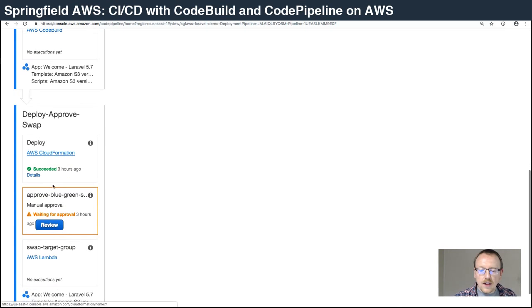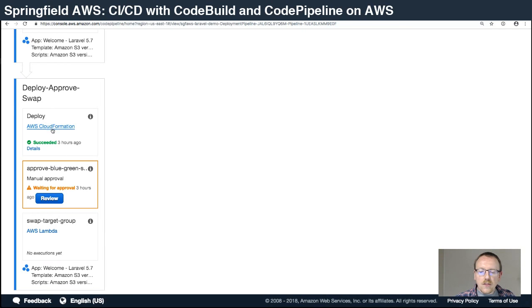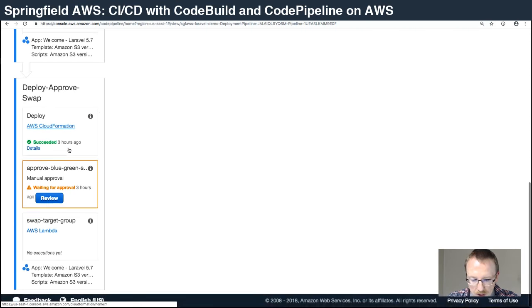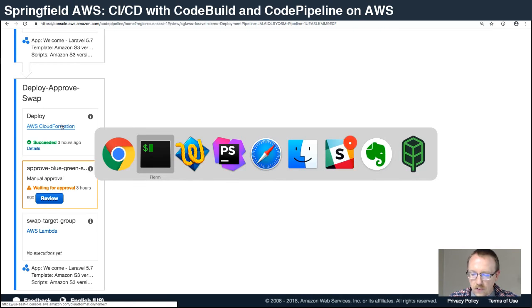Now, with the way this demo works, this deploy is a lot more complex. Instead of simply telling existing infrastructure to use the new code, it's building out new infrastructure. That's how you are able to end up with completely separate infrastructure that's staged and ready to go, and then we can push a button and that infrastructure becomes live. And if we dig into that, and let's keep moving, but if we dig into that, you'll see